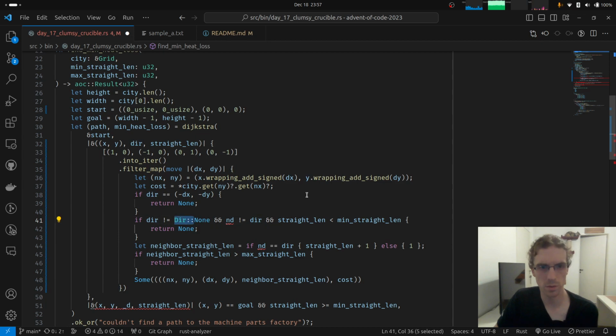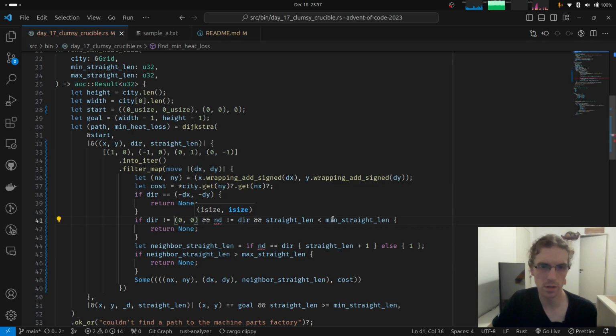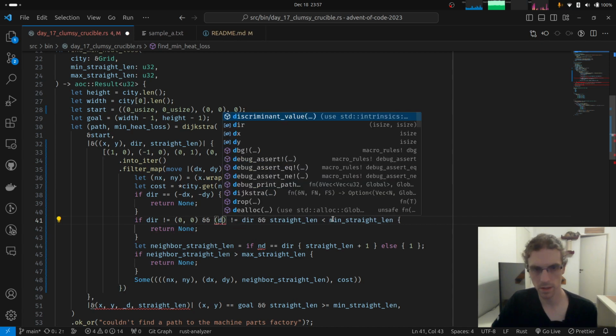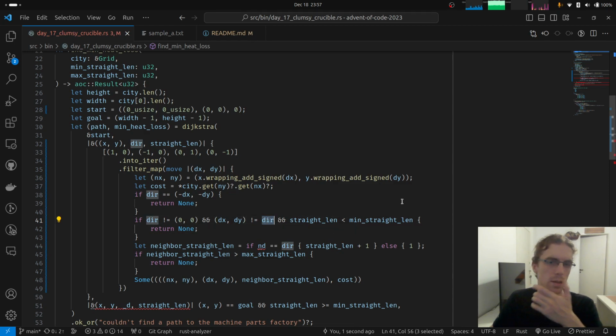So if it's not 0, 0. So same thing as saying if direction is not the starting direction, and the dx dy is different than the direction, so we are turning, we do all of this.